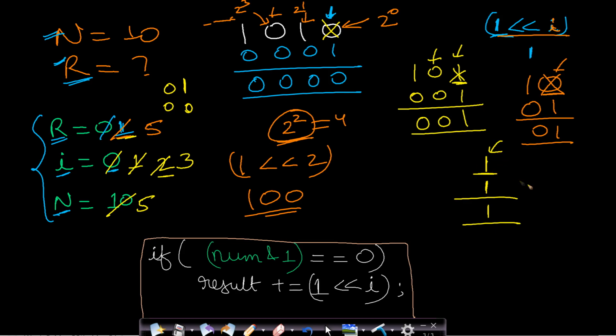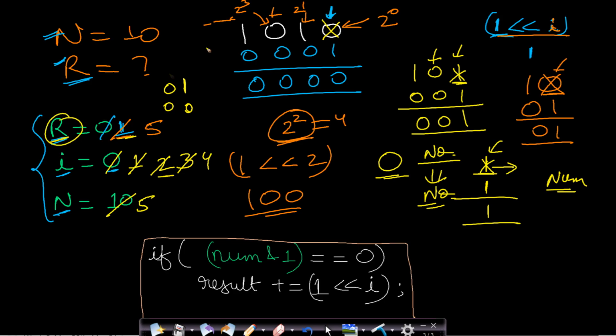So if this bit is set, then you won't do any operation, because adding 0 to the left hand side of any number will result in the same number. So this 0 will be of no significance, therefore we will not be doing any operation. Now we will do the right shift, we will increment the I counter, and you can see that the number n is gone because all the bits have now been exhausted. So when all the bits are processed, then whatever is stored in result will be our final answer. So you can see that if you have number 1010, then after flipping it, it will be 0101. So its result will significantly be 101, which is equal to 5. So we have found the result.